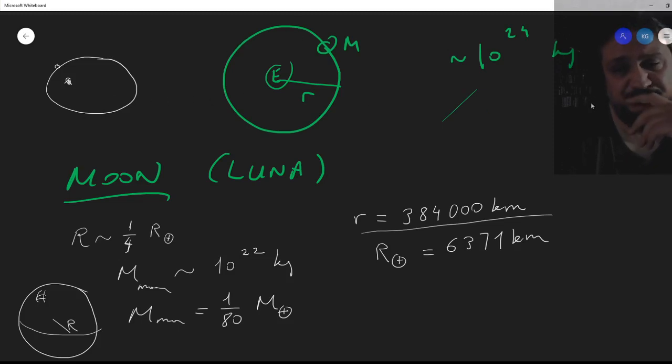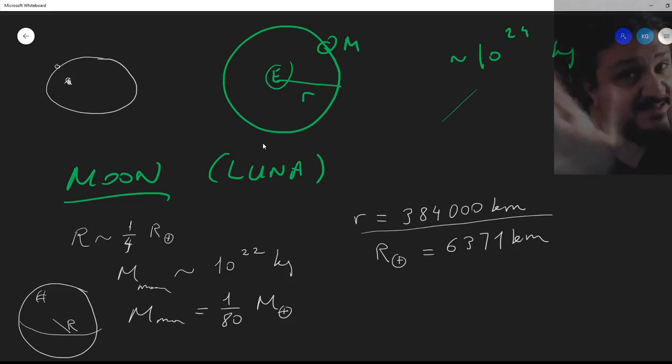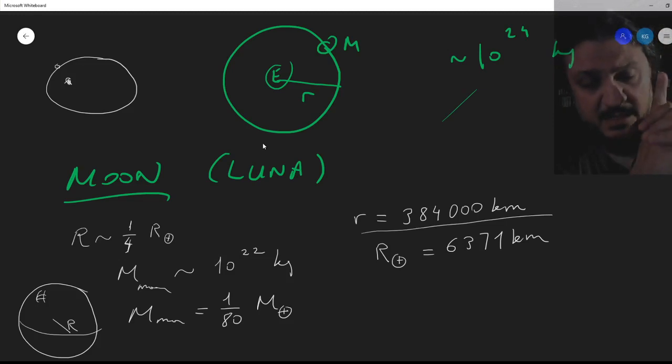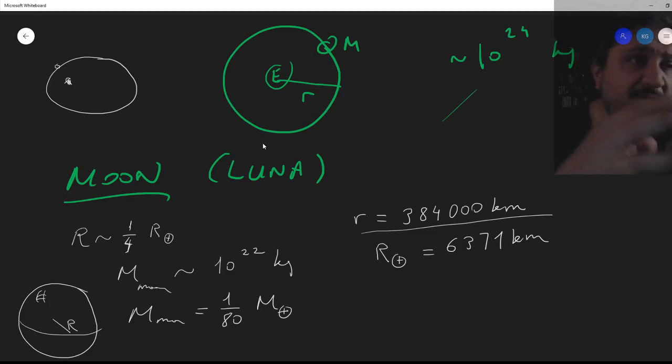So both Earth's orbit and the moon's orbit are very close to perfect circles, but not exactly perfect. And that is the radius R, which is 384,000 kilometers. Now, the Moon is much smaller than the Earth. And because of that, it can't hold the heat, okay? In the beginning, the Moon was also warm, just like Earth is today. I'm talking about the inner part.